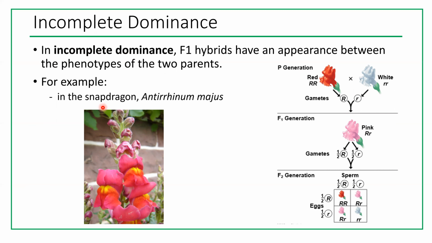So this is a flower, snapdragon, and if you have P generation, that is purebred, red and white flowers, big R, little r, if you apply Mendel's law in F1 generation, because red is dominant, you should have all red flowers, right? However, for this particular organism, in F1 generation, you will get pink flowers. It's still going to be heterozygous, capital R and lowercase r, but